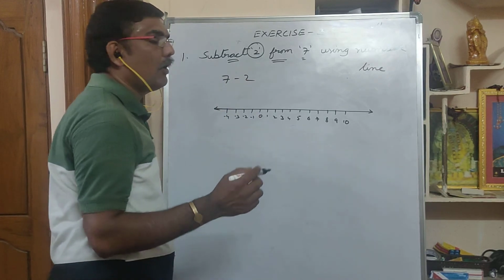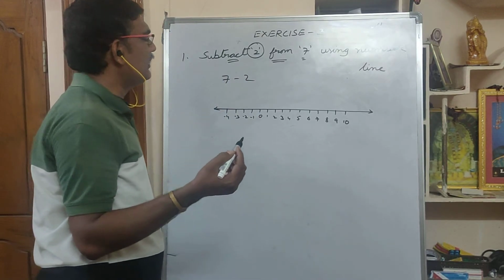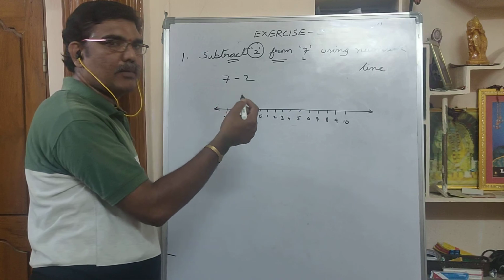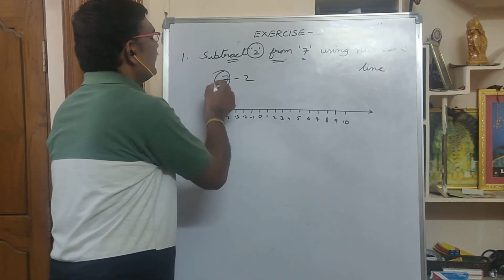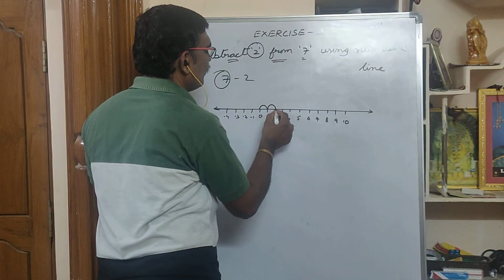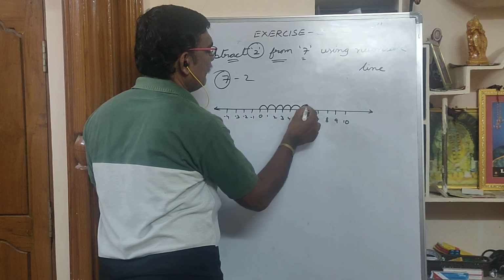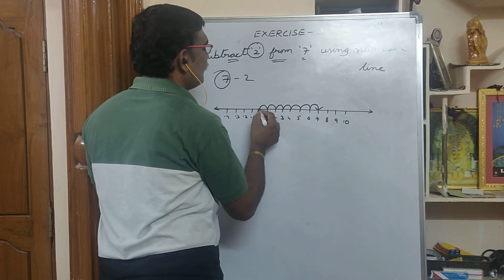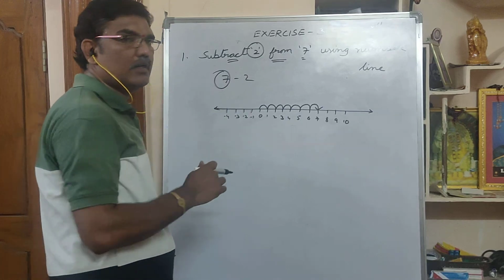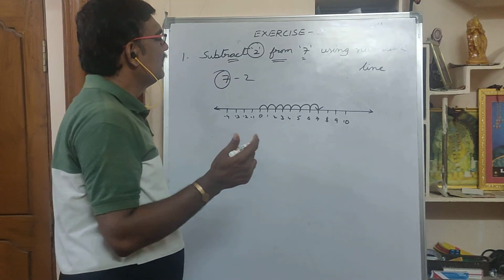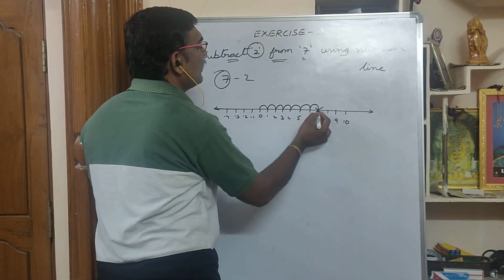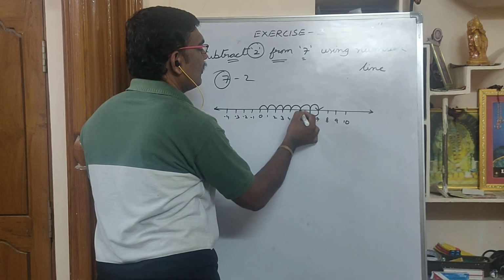This is 7 minus 2, how do you do it? As I said, plus means addition, so you go right side; subtraction means you come left side. What is the first integer here? 7. So from 0 onwards, 7 means 1, 2, 3, 4, 5, 6, 7. From 0 to 7 you got it. Now this 2 has which symbol? Minus. Since it is minus, you should come left side. So here 1, 2.